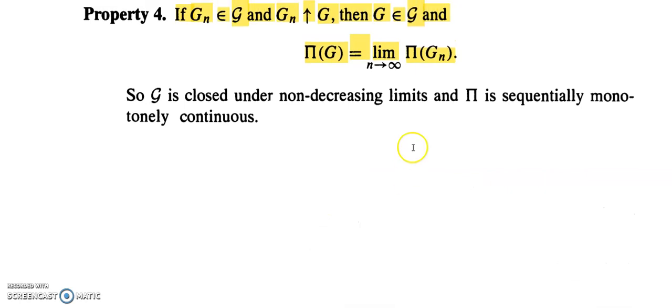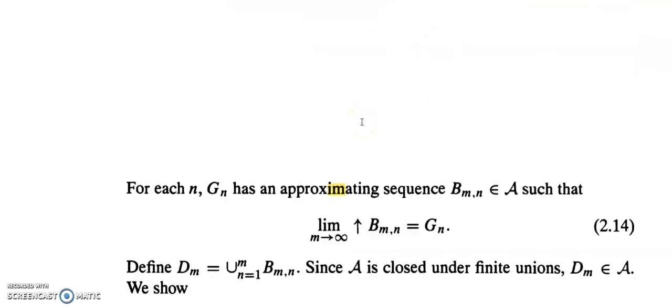Now we want to prove G belongs to script G. We know that script G is the class of all countable unions of elements in script A, that is, increasing limits of elements in script A. For proving G belongs to script G, we want to prove capital G is the limit of an increasing sequence in script A. For that, we define